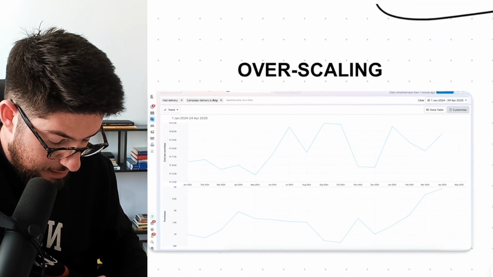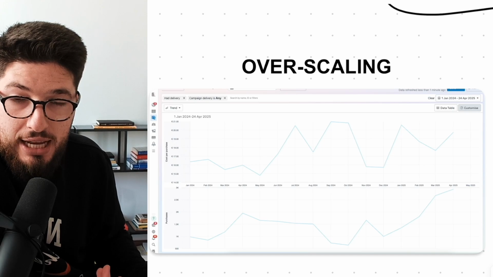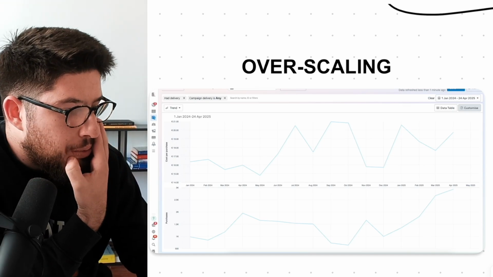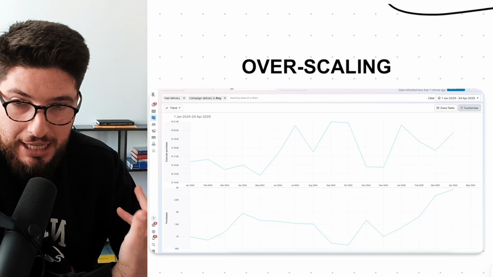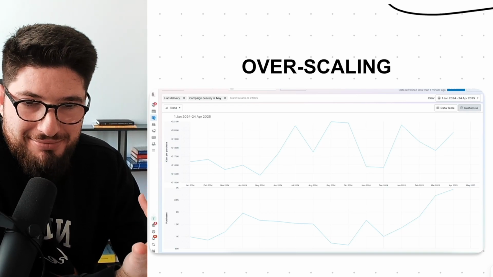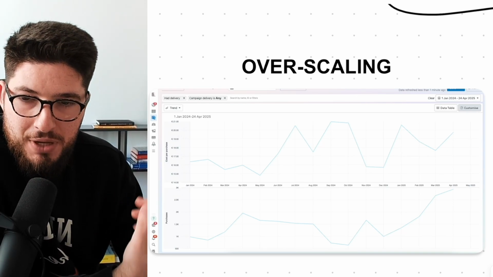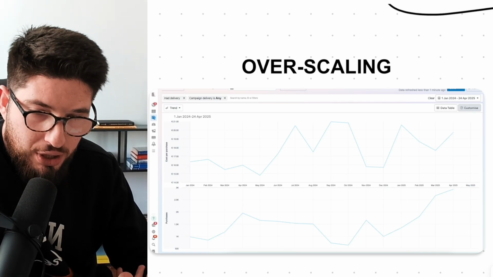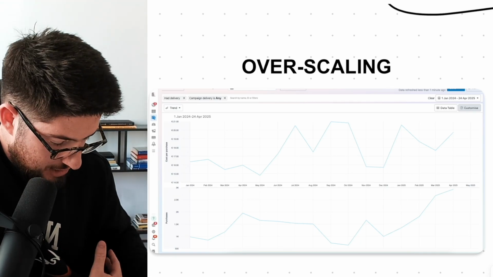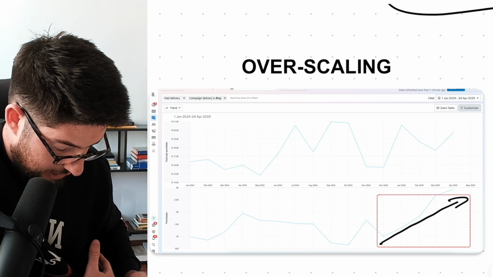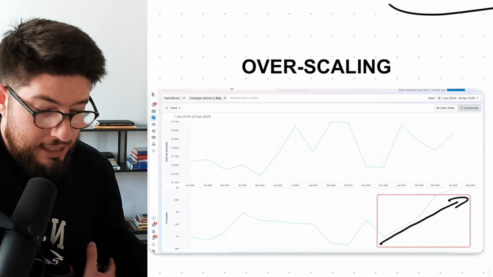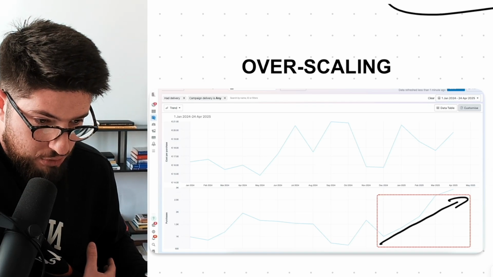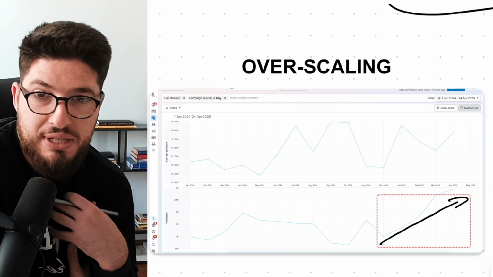Now, typical mistake is usually overscaling. There are members of the program that as soon as they find a winner, they start doubling budget until the ad set breaks. It's just too much, right? So you gotta be smooth. And this increasing purchases, again, as I mentioned, from 1K a month to 3K a month orders, this has been done through smooth scaling. And I love hyperscaling.